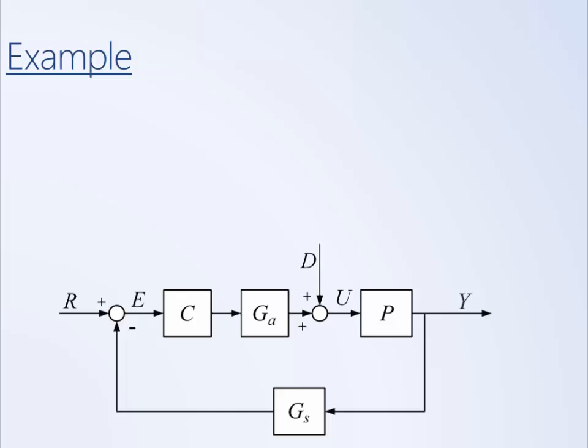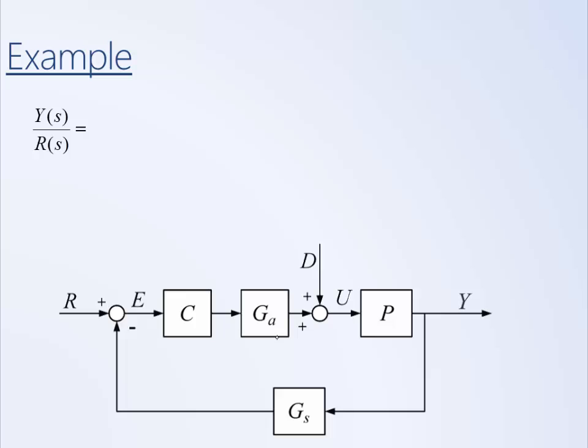Try and determine what the output is for a simultaneous application of R and D. So as was stated, we'll look at each input one at a time. So we'll ignore D and look at what the response is due to R. And so this negative feedback loop is something we're familiar with, where the transfer function from R to Y is simply forward over 1 plus loop. And in this case, the forward path